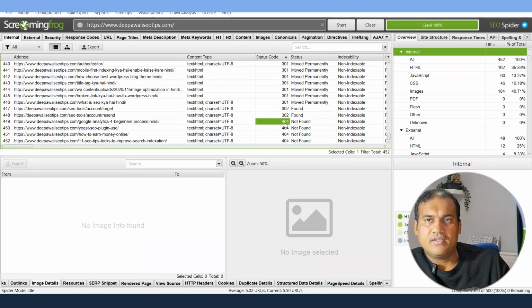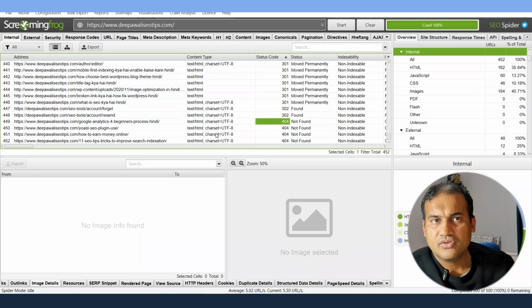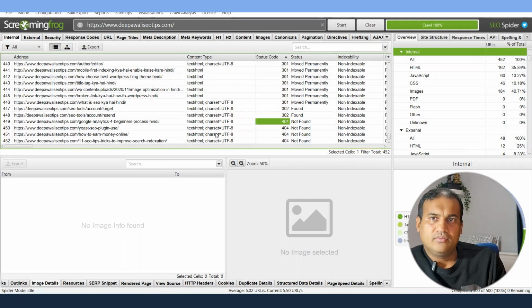So yeah, I will start fixing it, or I will make sure that these URLs are redirected correctly. So this is the beauty of this tool. It will give you all the data and you can fix it. Apart from Screaming Frog, you can use the Ahrefs free version as well